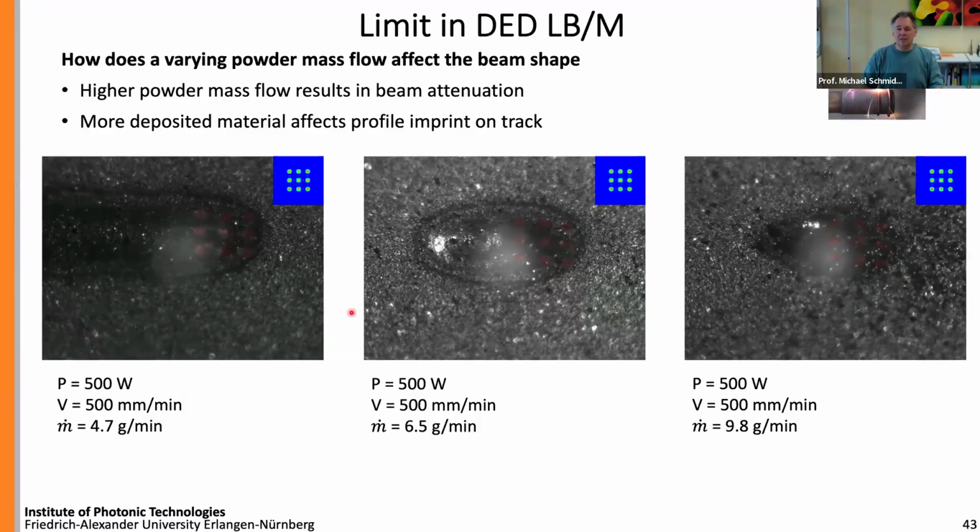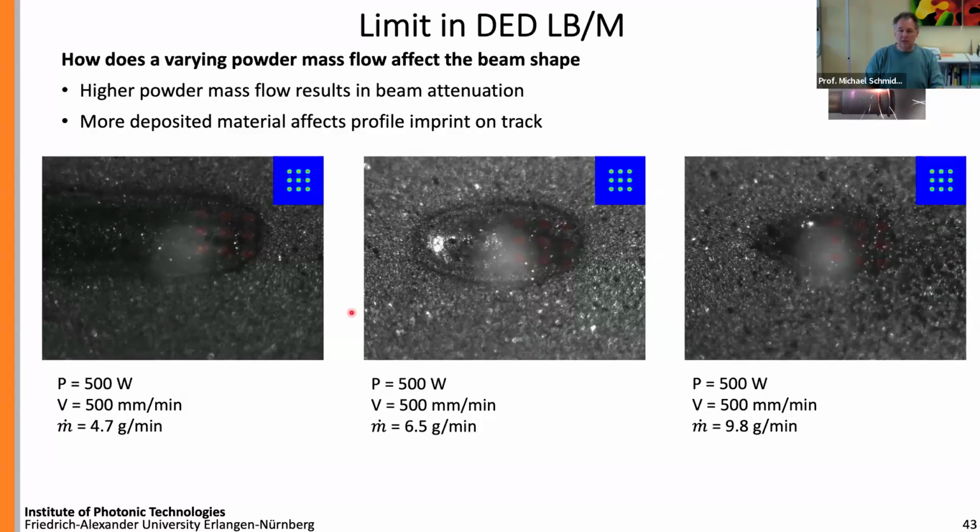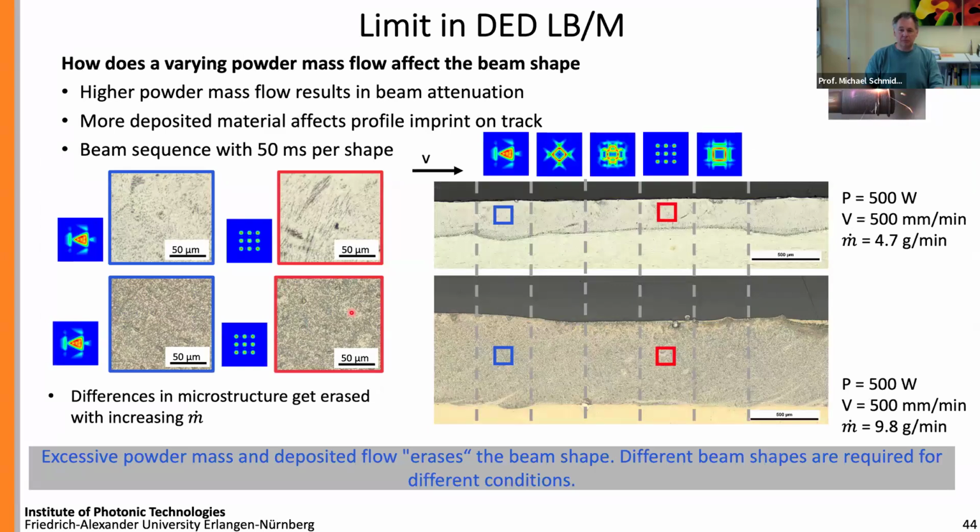And then we tested what would be the outcome of these different powder flow rates and beam shaping for the process. And again, we changed different beam profiles. This is a slightly different set than I've shown you before. And with the flow rate of 4.7 grams per minute, we still can see a different microstructure. So that means we still can influence the process via beam shaping. If we have the 9.8 grams per minute, it was no longer possible to detect different microstructures. So that means